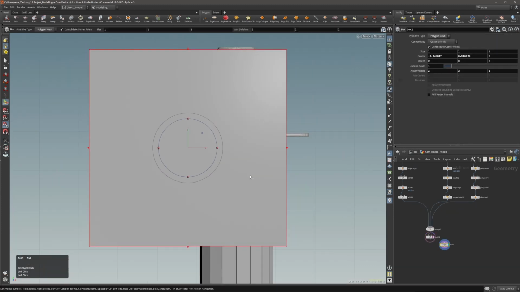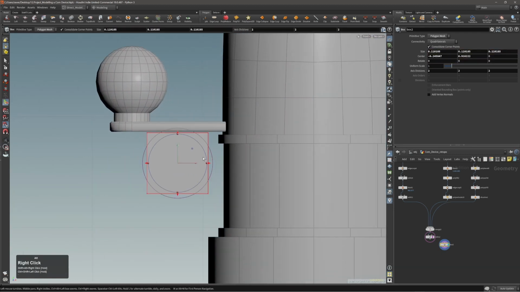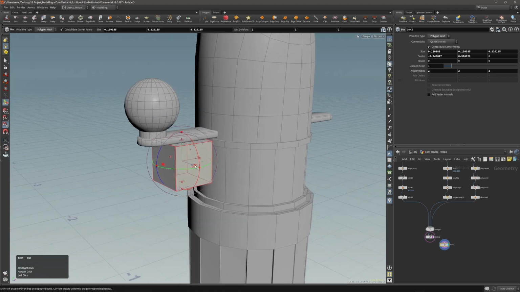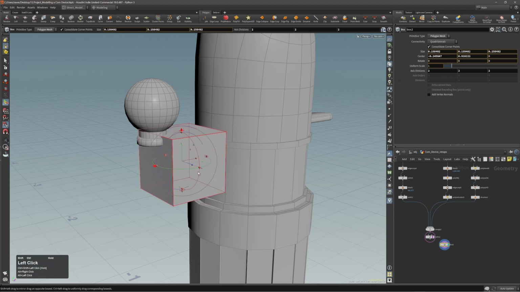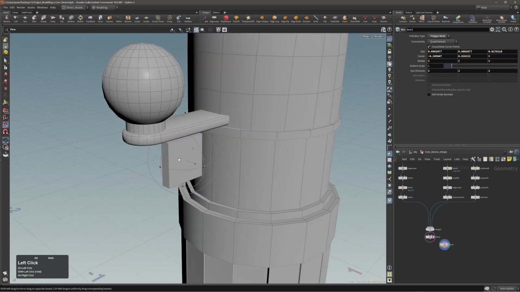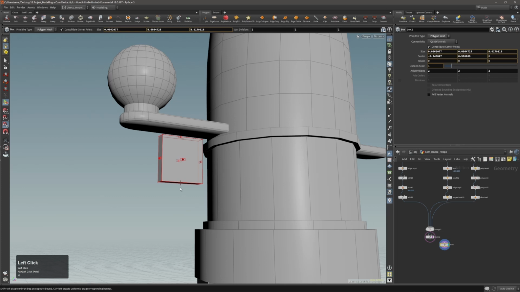Put it somewhere here, make it smaller. So I'm scaling the cube with Shift Control and left mouse button uniformly, and then with Shift uniformly on one side. And then if I don't press anything, I can also hide with H